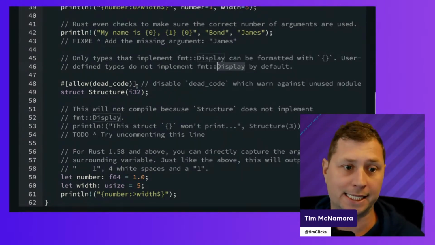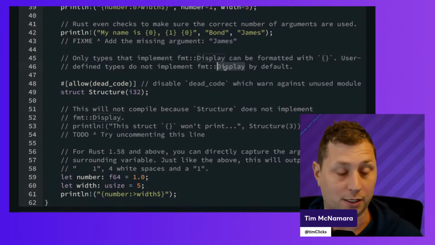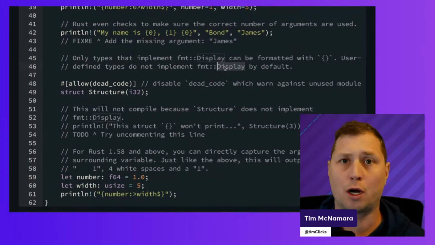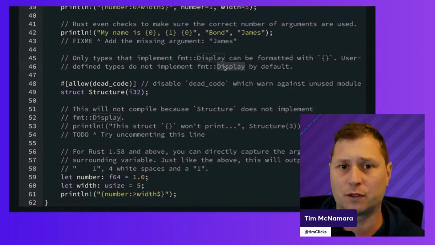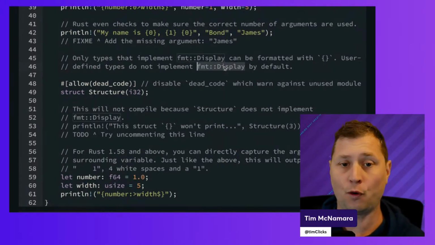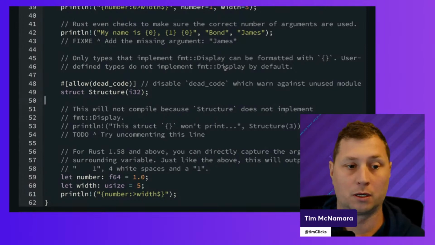And we haven't talked at all about traits or interfaces. A trait can be thought of as like an abstract base class or an interface if you've used Java or C#. And so this format display thing is the way that it is saying that your